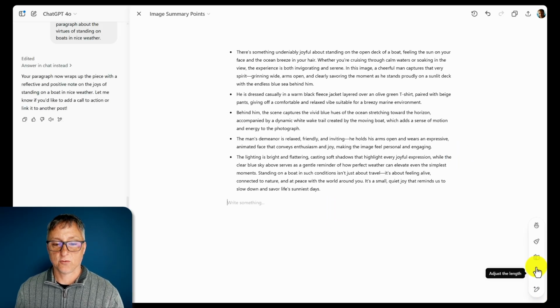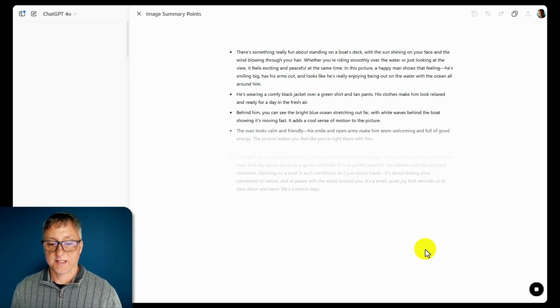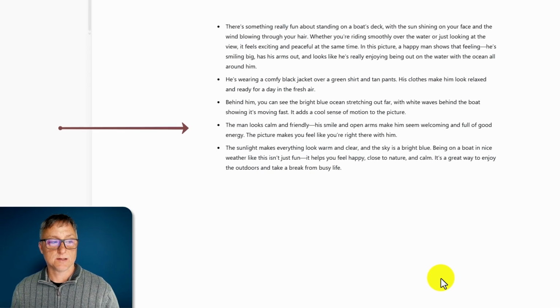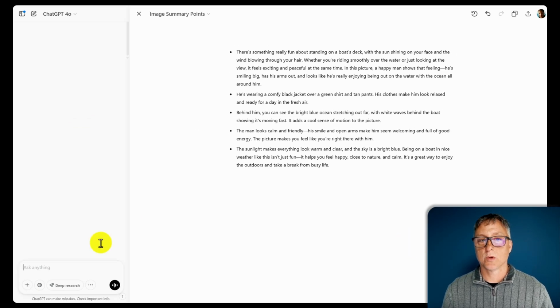Now I'm going to change the reading level to middle school. And now you can see it's changed words like demeanor to the man looks calm and friendly. You can still work with the whole content.